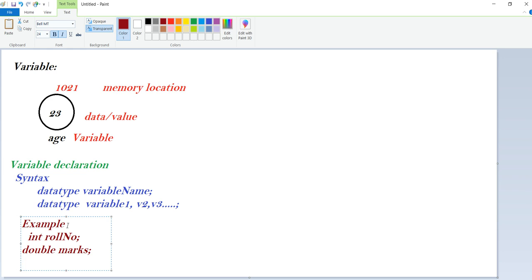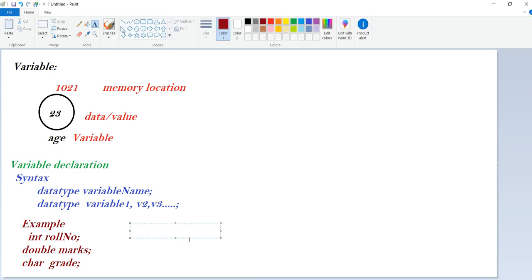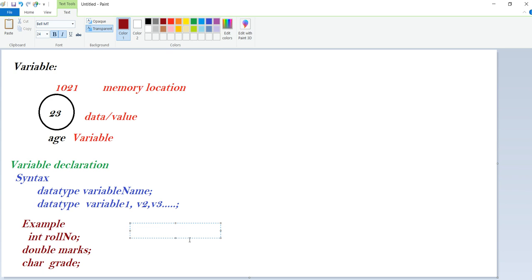Or we can declare char, a character, for grade. We also have boolean. Boolean means true or false, just for the result value here.